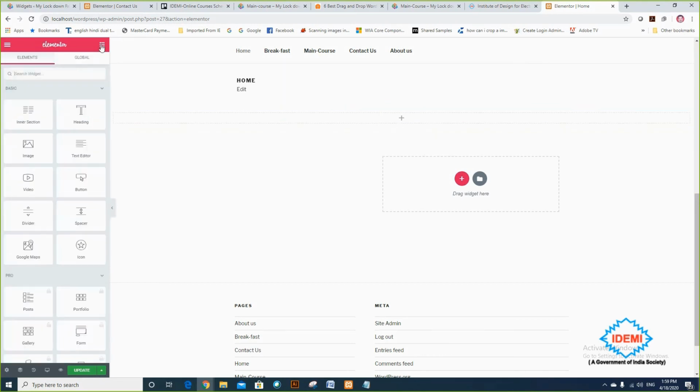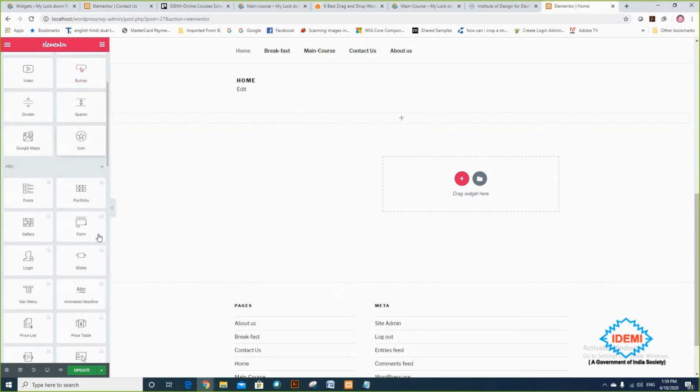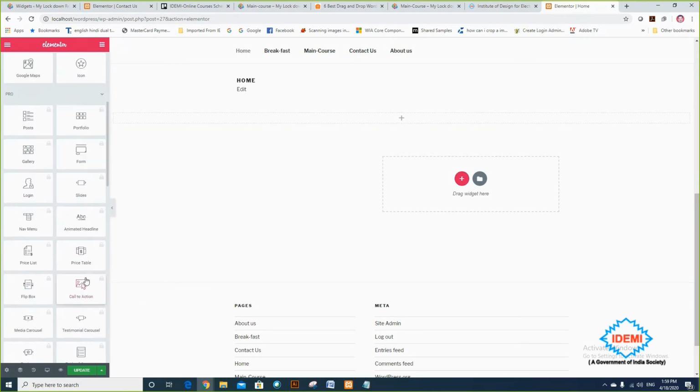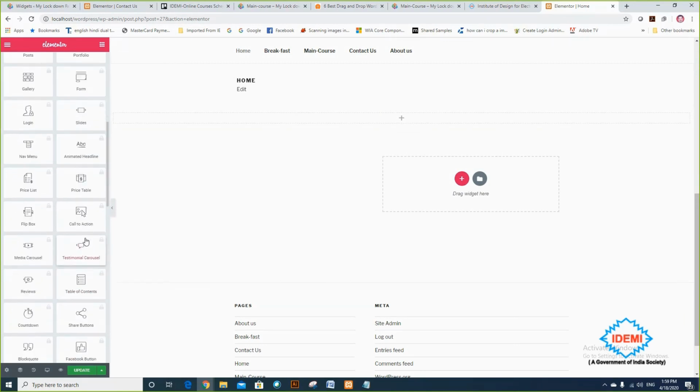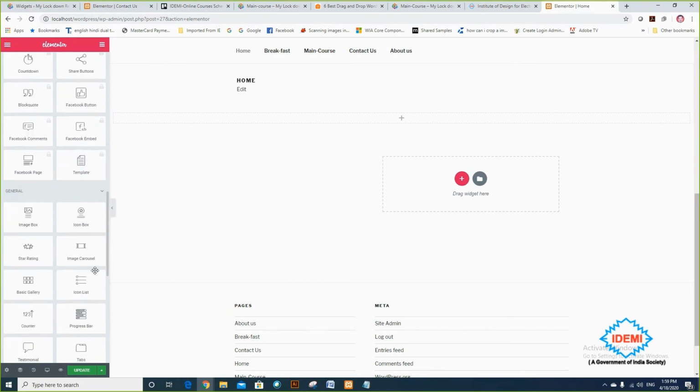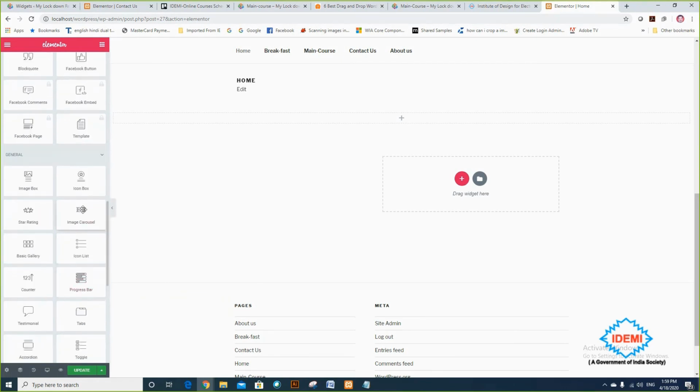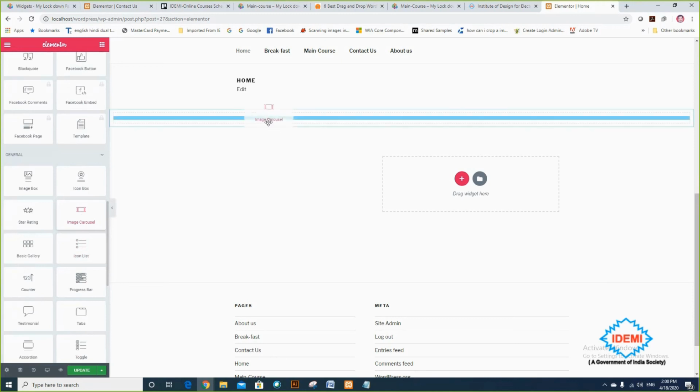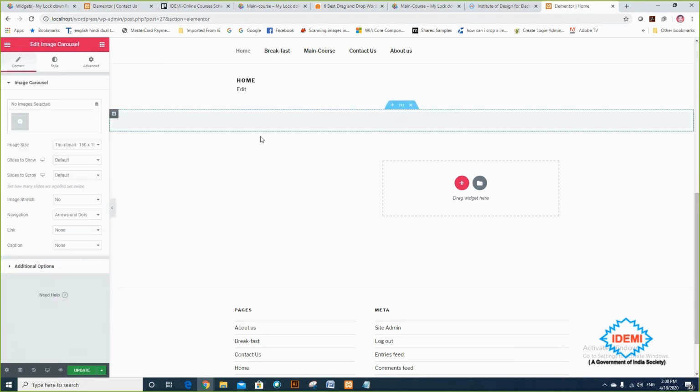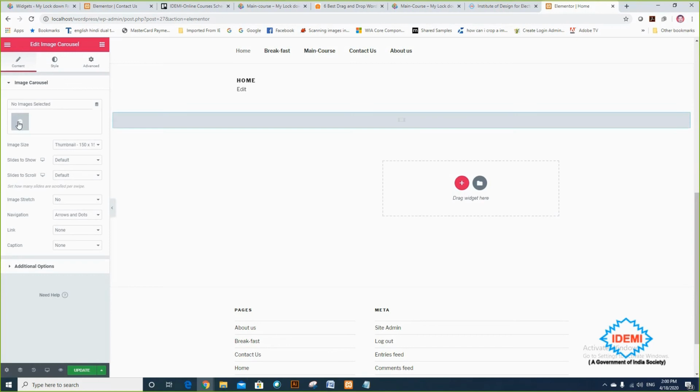You can see for information, so I'm choosing a slider. Looking for slides, so there is a slides widget. Again, it's saying for slides you have to pay. The slider is not free here, but you can use the image carousel. You can place the image carousel here and create any number of image thumbnails.